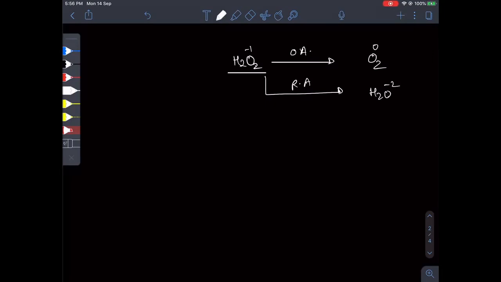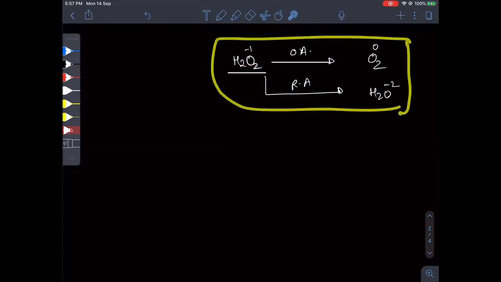What are the other possible reactions? H2O2 may even donate its H plus ion if powerful bases like KOH or NaOH are there. Then the OH minus will take out this H plus ion. If you are taking 2 KOH, it will remove 2 of its H plus ions. It will form simply K2O2, potassium peroxide. Or if you have NaOH over here, it will form Na2O2. I'm not interested in that because that's a simple acid-base reaction. So its N factor will be simply 2, as 2 H plus ions are removed. I am interested in redox reactions, how to calculate that.